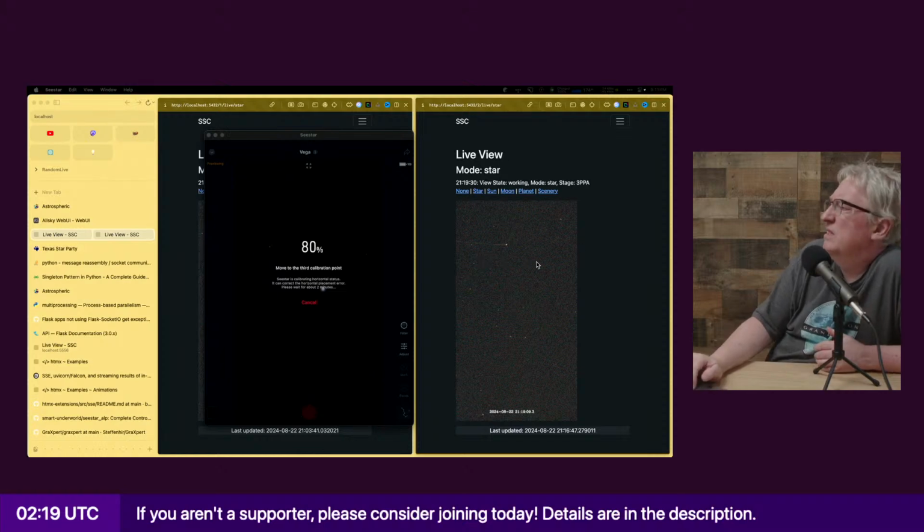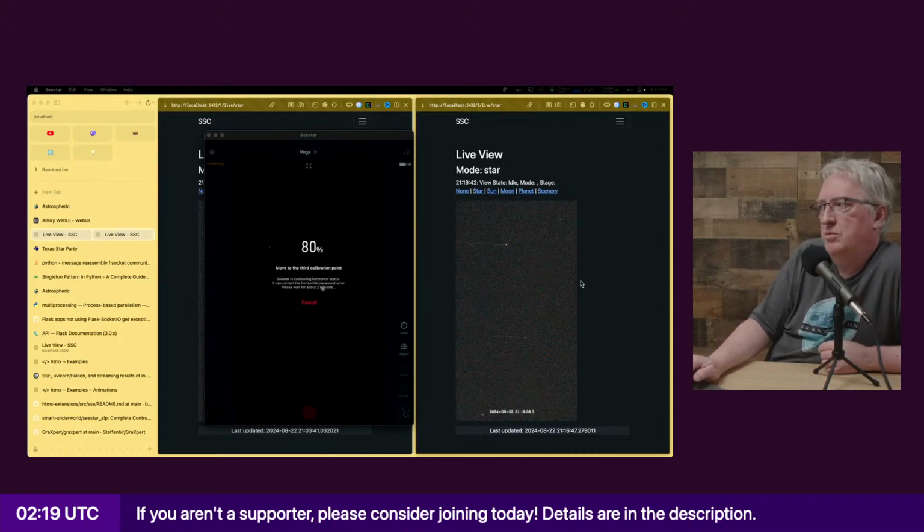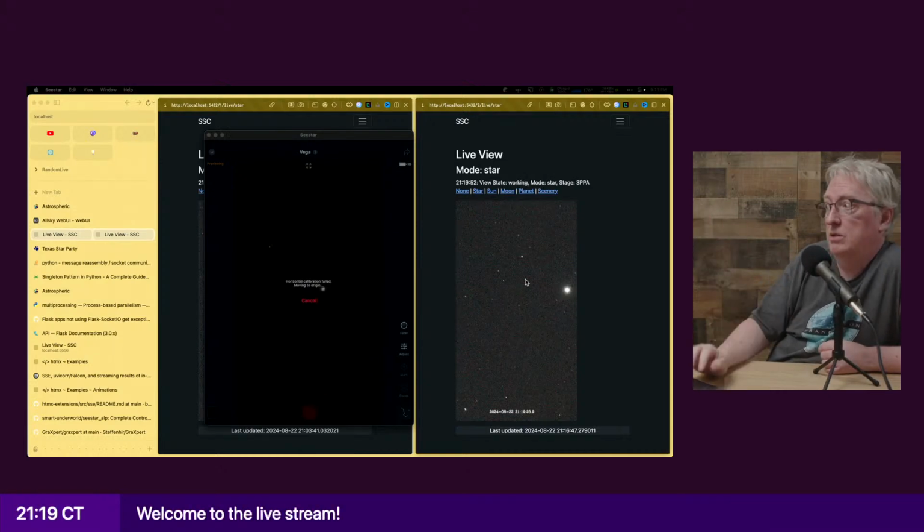Oh, it did update. So I guess it is updating. I'm really curious how this will look if I improve the speed of my network, which I say every time, but it would be interesting to see it panning, or doing the horizontal calibration, and having the video live. Okay, and look, it's coming back into frame. Oh, horizontal calibration failed, moving back to origin. So that's cool. You can see it coming back in the frame.